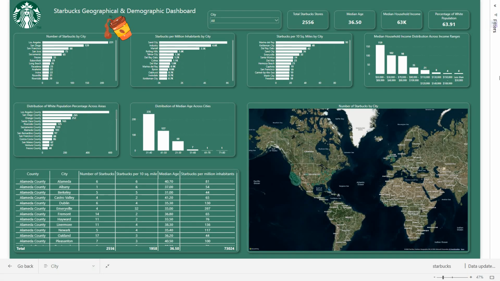Hello everyone. Today I crafted an interactive Starbucks geographical and demographic dashboard on Power BI. In this dashboard, the key insights encompass number of Starbucks by city, Starbucks per million inhabitants by city, Starbucks per 10 square mile by city, distribution of white population percentage across areas using clustered bar chart and clustered column chart